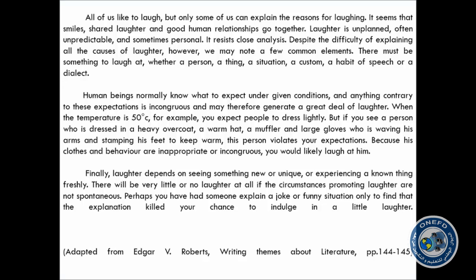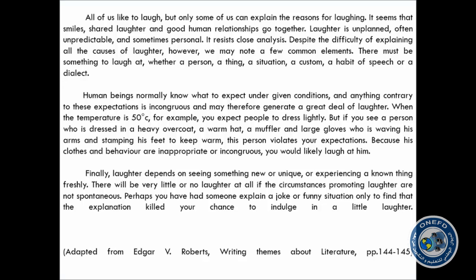Let's continue. Human beings normally know what to expect under given conditions, and anything contrary to these expectations is incongruous and may therefore generate a great deal of laughter. When the temperature is 100 Celsius, for example, you expect people to dress lightly, but if you see a person who is dressed in a